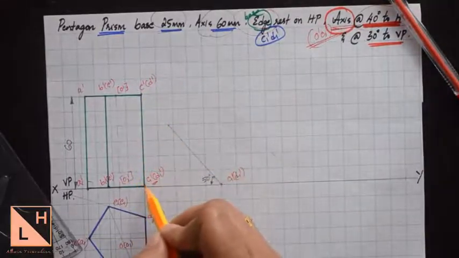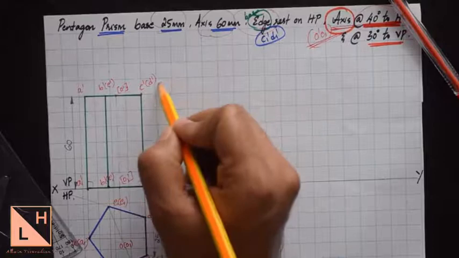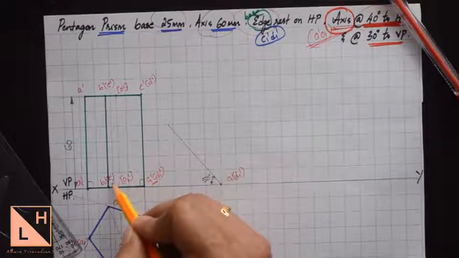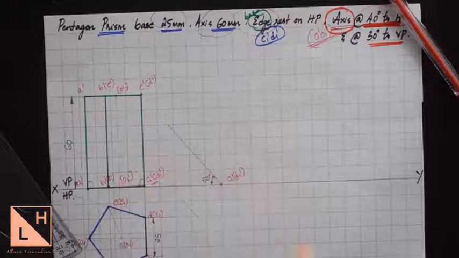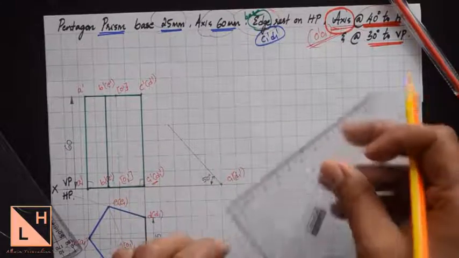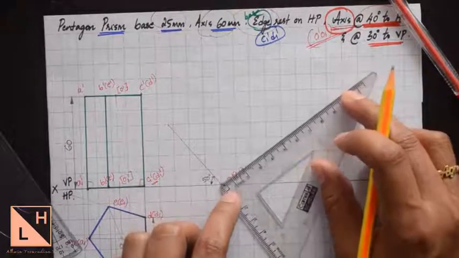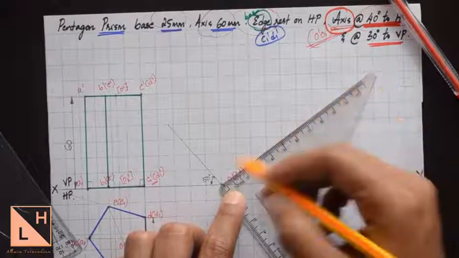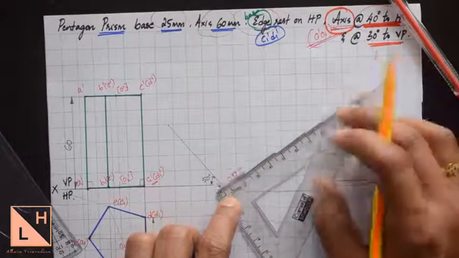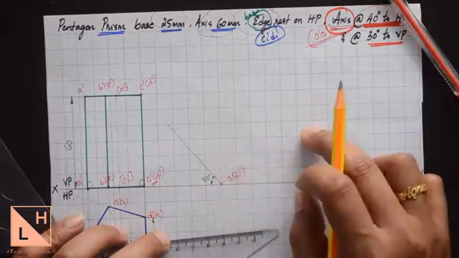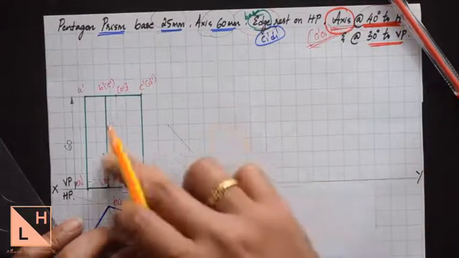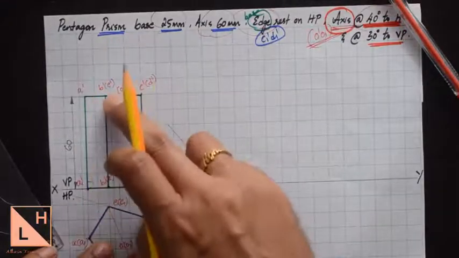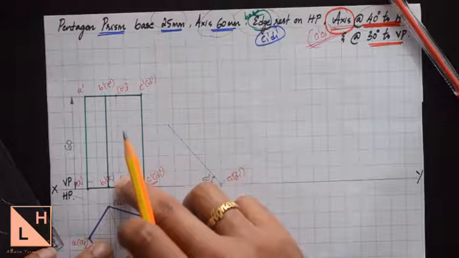As you see, C1 dash D1 dash and C dash D dash is actually a straight line, and it is at an angle of 90 degree with respect to the base. So right now I'll be using the 90 degree method using a set square. Maybe in the next problem I'll show you how to use the arc method. So this will give you only one line. Similarly, we need to identify the two more lines which are longer edges from A dash to A1 dash and B dash E dash to B1 dash E1 dash.